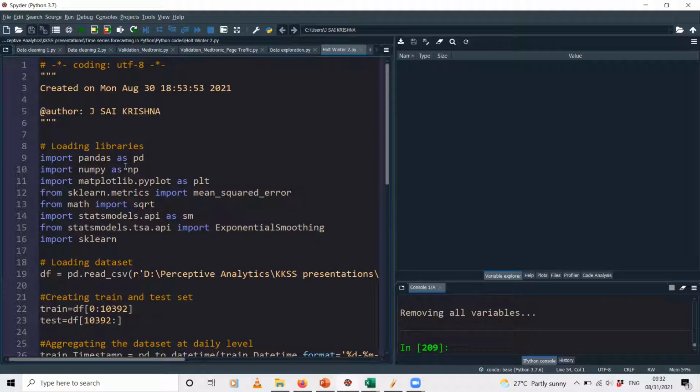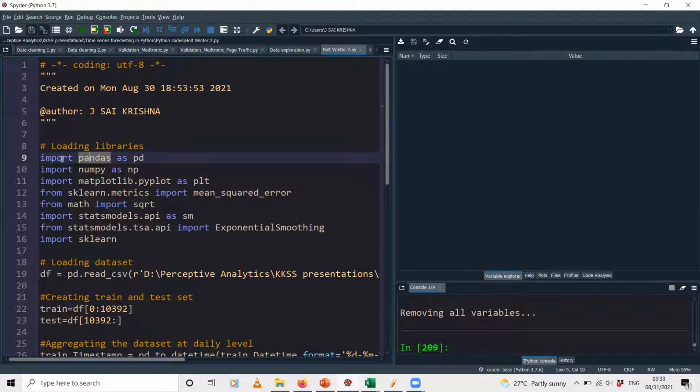Okay, so first step, this is of course not specific just to time series forecasting. For any exercise that you do in Python, you would have to load a few libraries which will contain some functions which will enable you to use certain features of Python, or to perform certain operations using Python. Okay, so the first library that we load is what we call the pandas library.